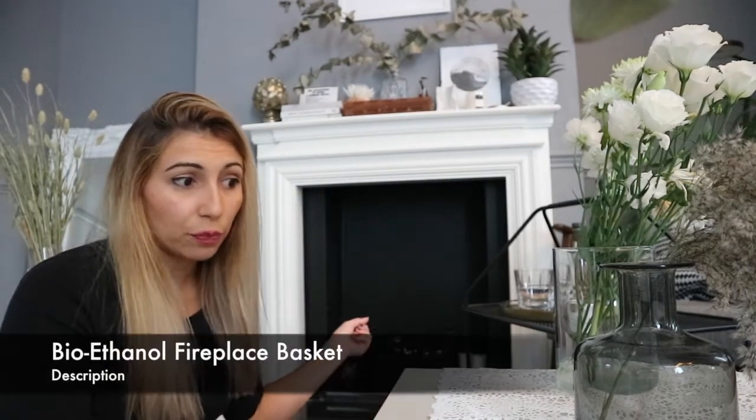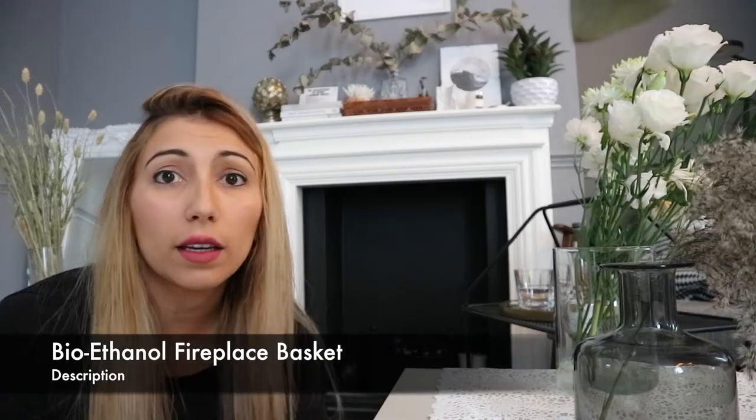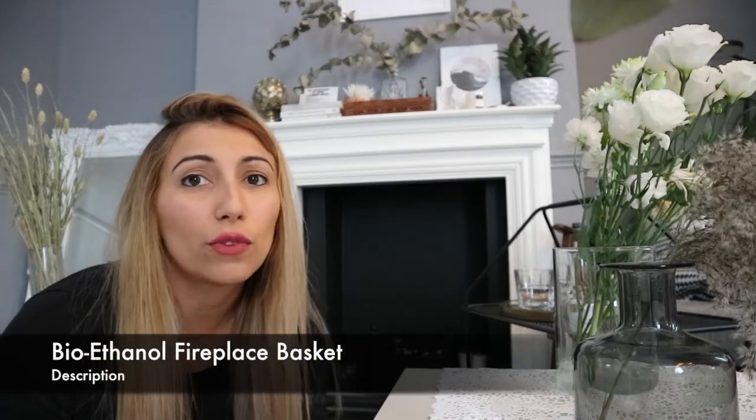And I thought, oh, if I'm going to have a fireplace, I need to use a special paint that is heat resistant or whatever. But it turns out that it wasn't really necessary because what I decided to go with here is a little basket that is called the Bio-Ethanol fireplace. The reason why we decided to go with a Bio-Ethanol fireplace fire basket is because we cannot have natural